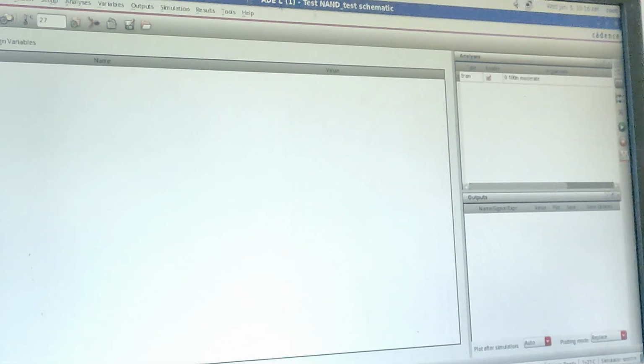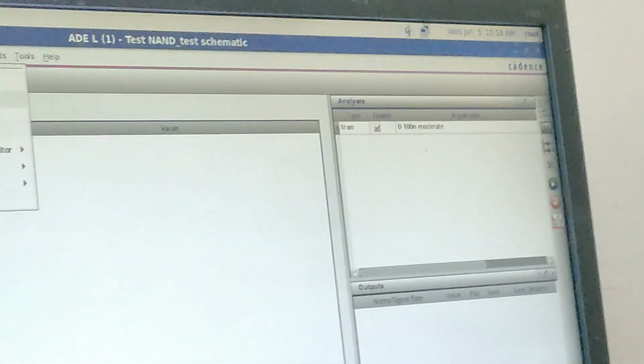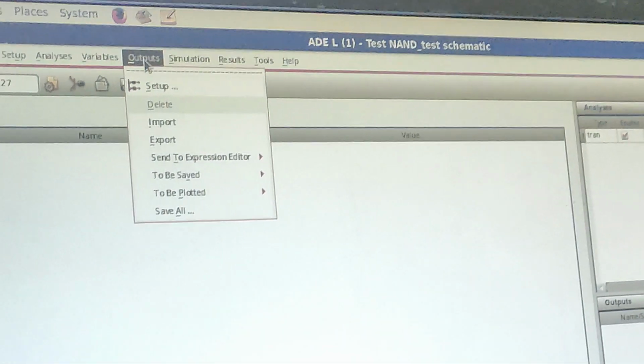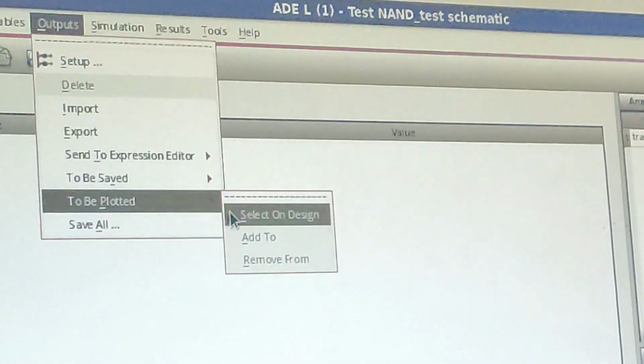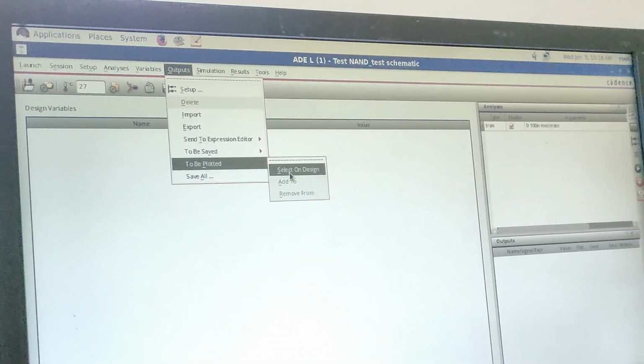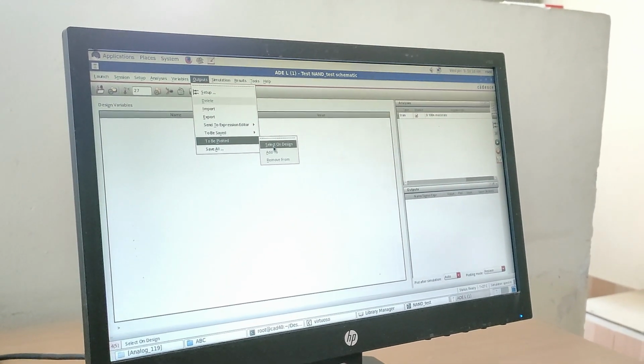Now this setup, what I have done, is going to appear in the analysis field. That is, type is transient analysis. It is being enabled and it is going to be done between 0 to 100 nanoseconds. Then after this, outputs what I am going to plot will be selected by executing this. Outputs to be plotted, select on design. If I click now, it will take me to the